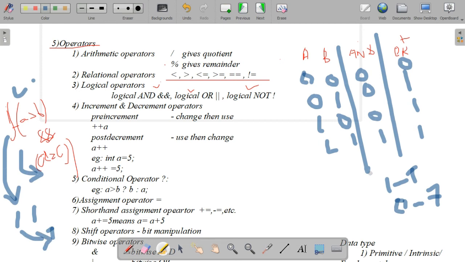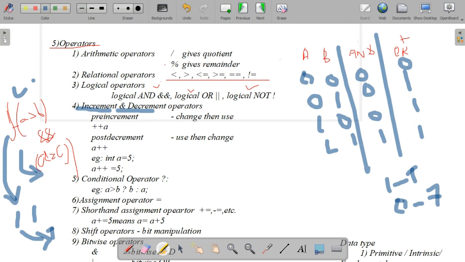It checks A greater than B first; if it is true it gives the value 1. Then it will check A greater than C. If both are true, 1 into 1 means true, so it will give the true value.